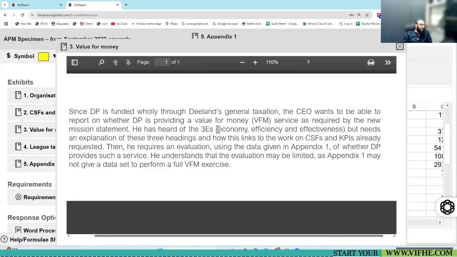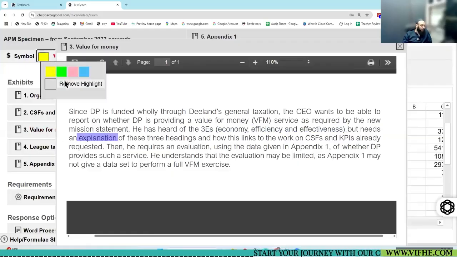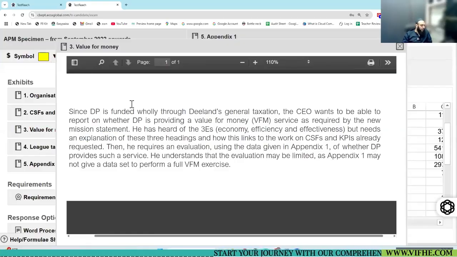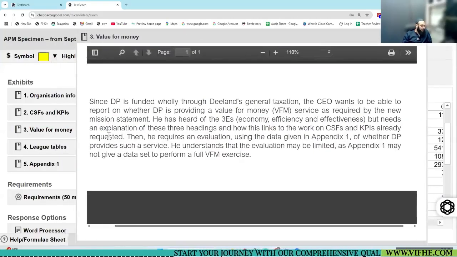He has heard of the 3 E's but needs an explanation of these 3 headings and how this links to the work on CSFs.